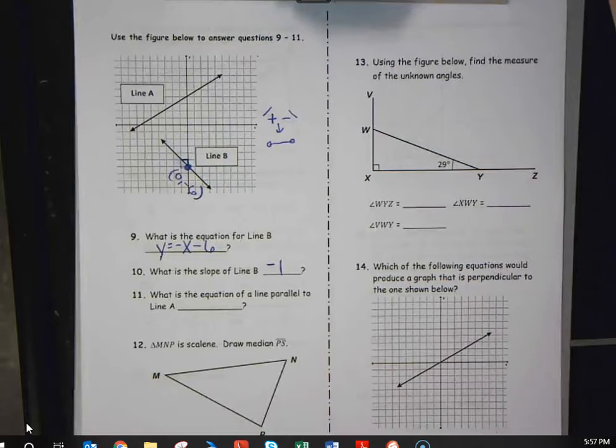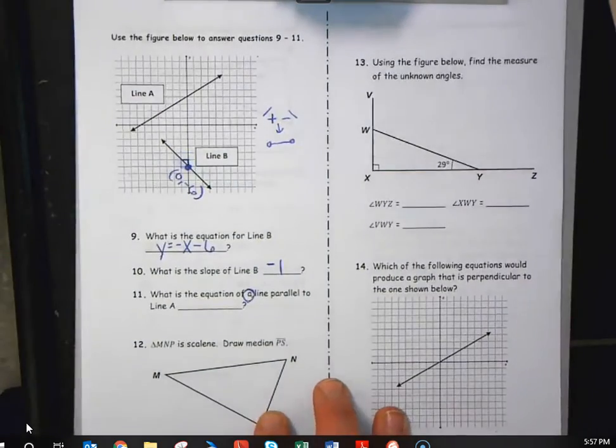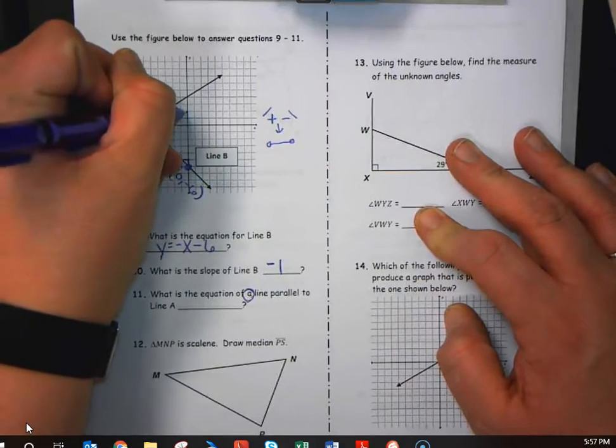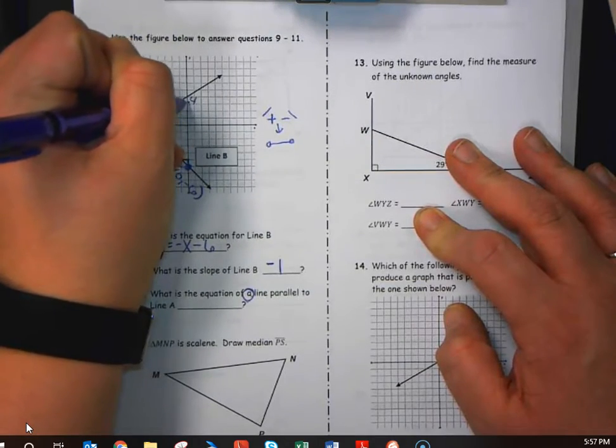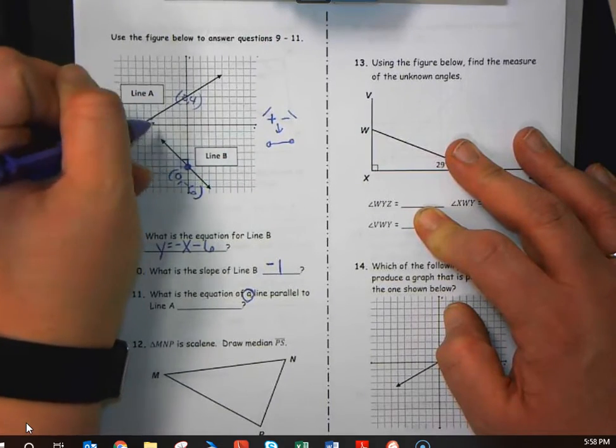All right, so number 11, what is the equation of a line parallel to line A? Now, "a line," that's a key word there. So what that means is it doesn't matter if your line matches my line, so long as it is not line A and has the same slope. Remember, parallel means they have the same slope, but different y-intercepts. So first of all, this one has a y-intercept of 1, 2, 3, 4. That is (0, 4), okay? And the slope,